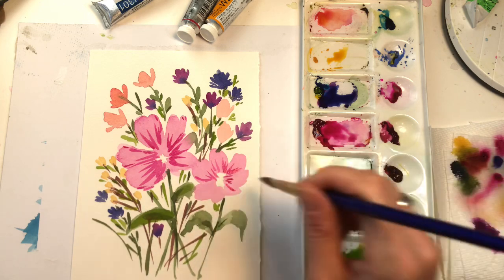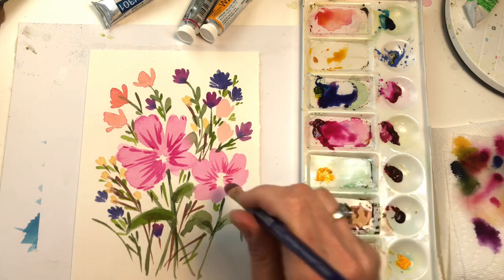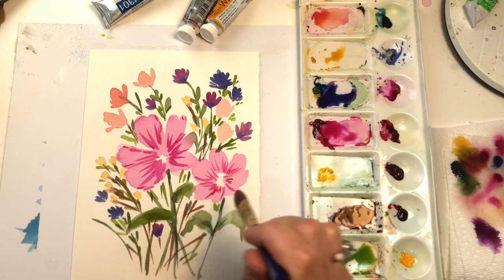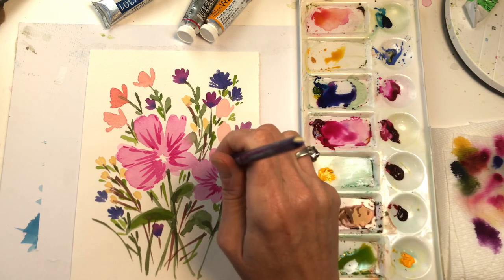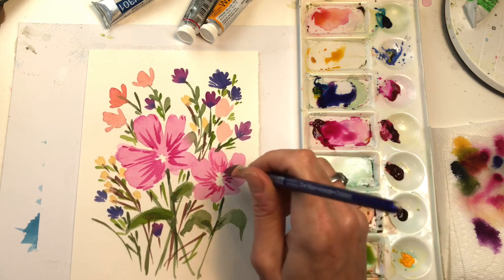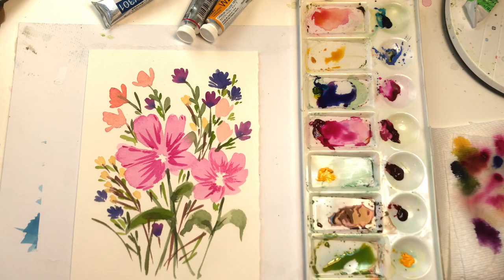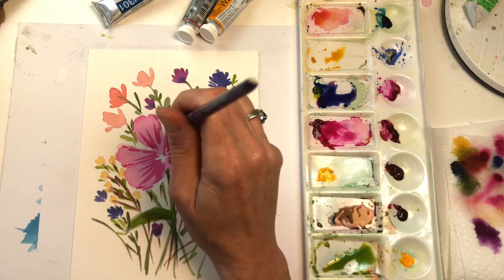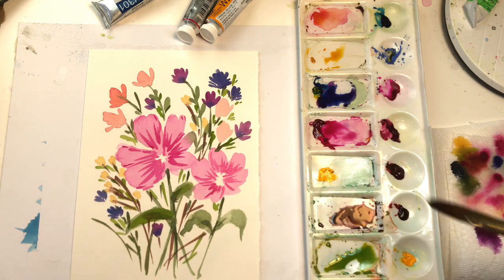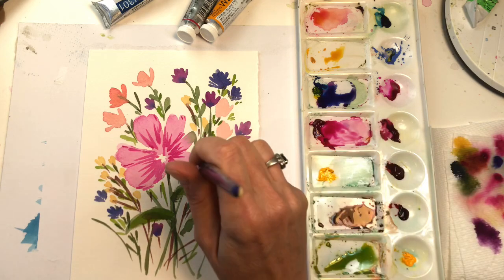So these oval brushes are great. I have several of them. Some are pointier than others. The Neptune series from Princeton is much more pointier, so you're not going to get these rounded shapes. I like the rounded ovals. I like to have a few of these. I have a tinier one too. But see, you're just using it on its side and pushing out